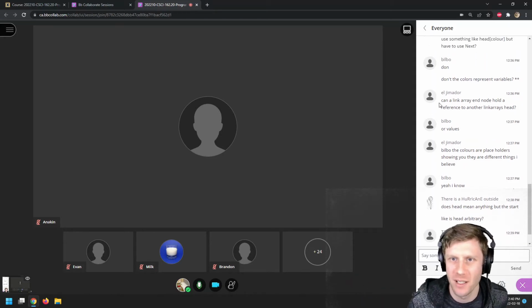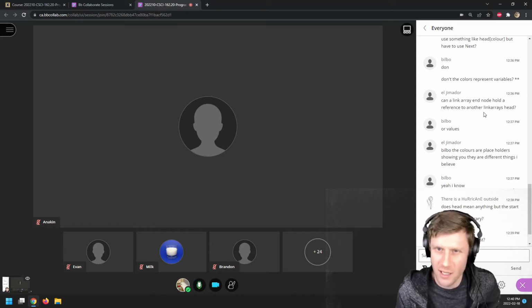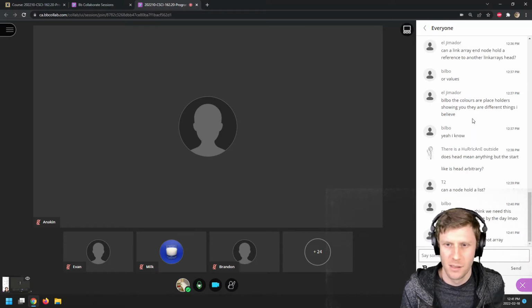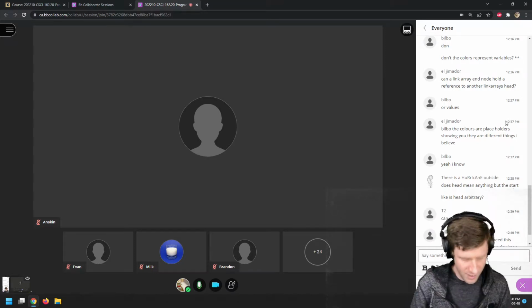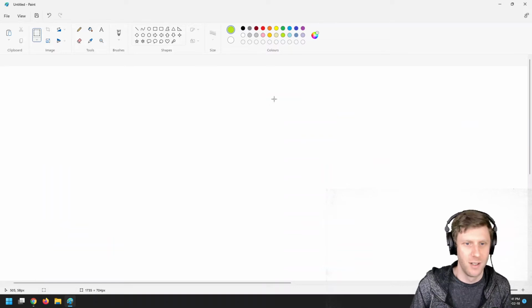I'm not sure what you mean about the link array. Okay, the link structure. Can the link structure end node hold a reference to another link structure head? Well, yes, because if I have here,